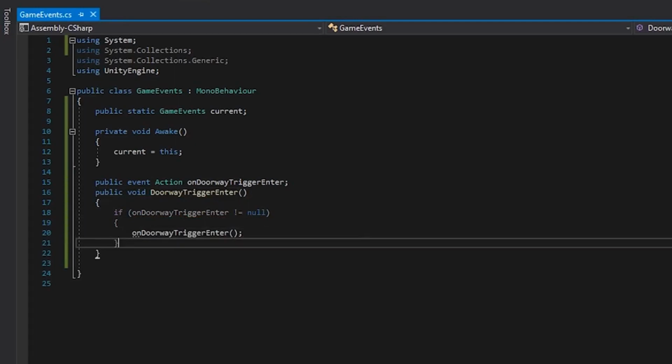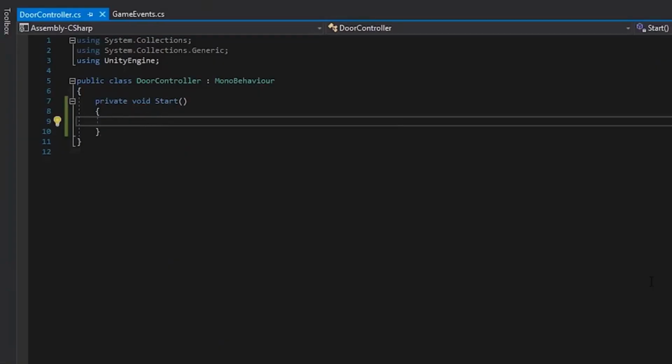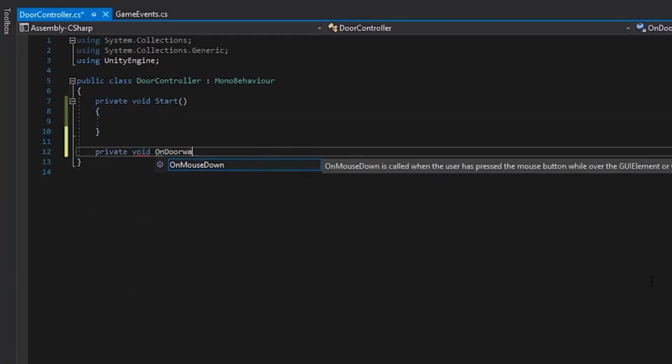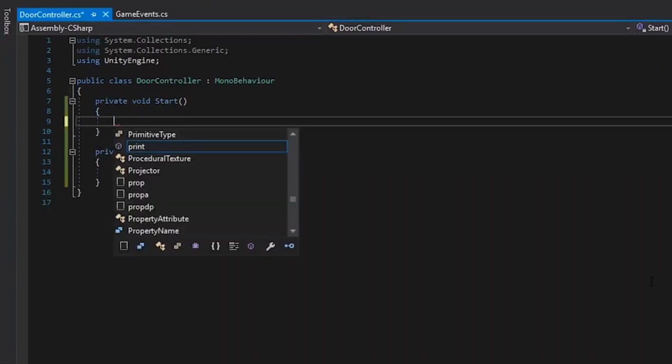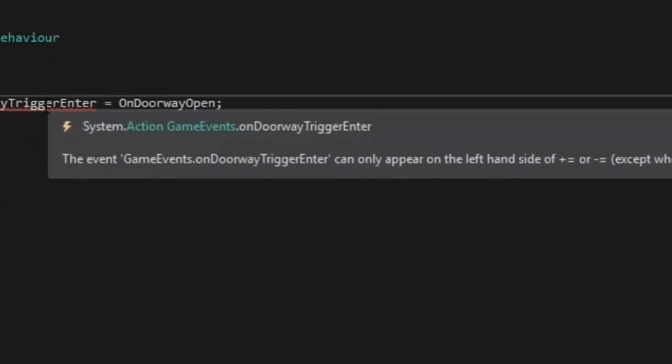Next, we'll need to get our objects to subscribe to the event. First, let's create a method on our door that listens to the event and opens when it's dispatched. From the start method, we'll call the event system and we'll access the onDoorwayTriggerEnter action like this. As you can see, because we've defined the action as an event, we can't just equate a single method to